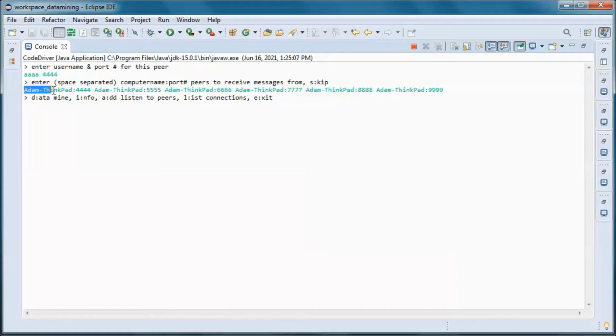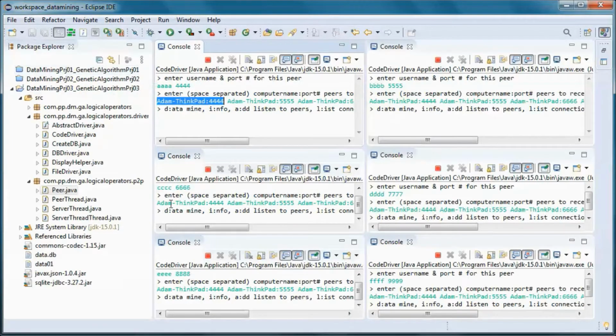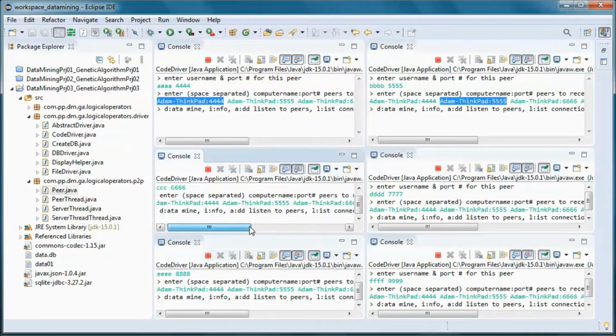And I'm picking up messages for the same peer here for convenience, but it does its own checking, and it's not gonna pick up its own messages. Same here, etc.